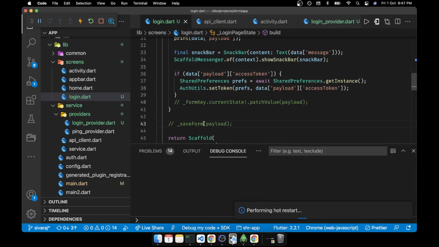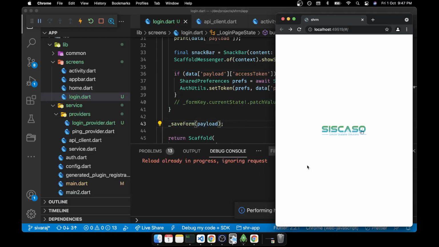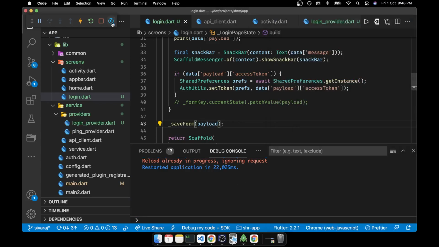So what we can try to do, we can just uncomment it, save it. We'll just go here and then we'll see the message. It is not calling or restarting. Okay, maybe we will try restarting manually.